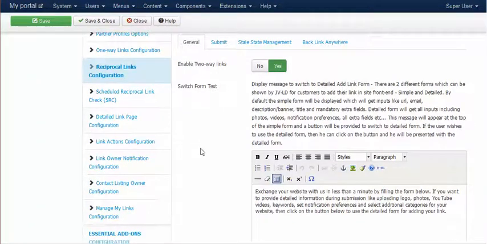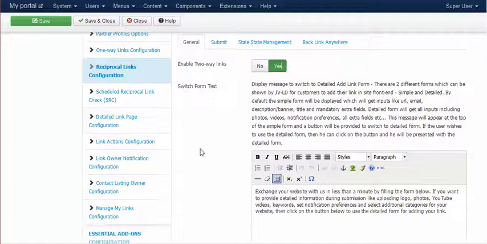Now by default, after you create a menu item for JV Link Directory for the site front end, you will have a link called add link, which is a hyperlink in the site front end, which your visitors will use to exchange links with you. By default they will be shown a pretty simple form, which just asks for their URL, email, the description or the banner and the title and all the mandatory extra fields.